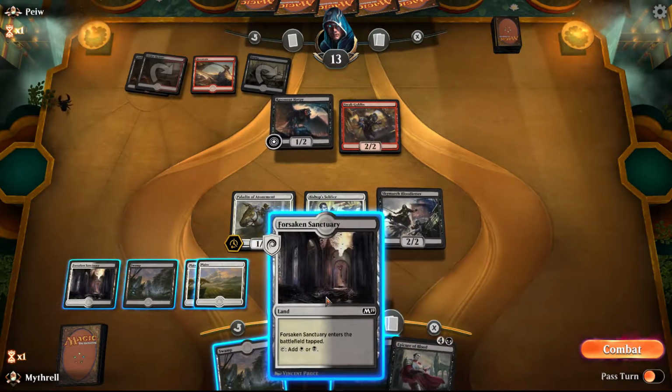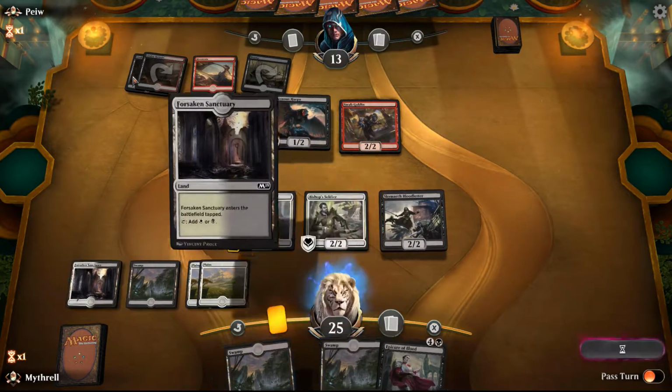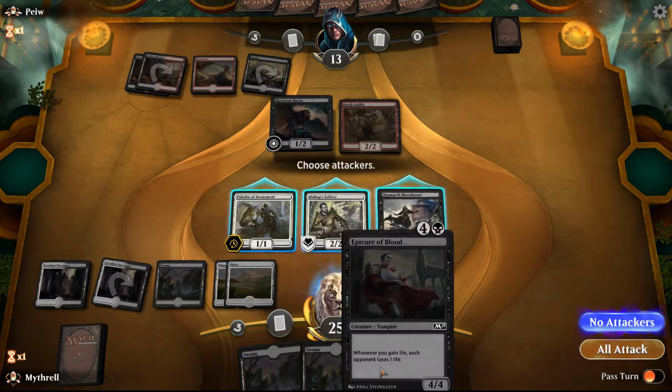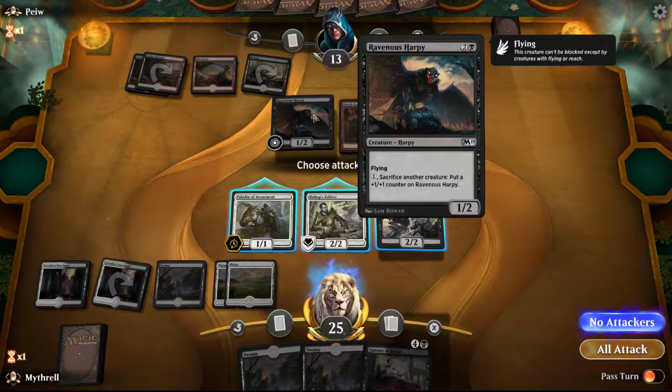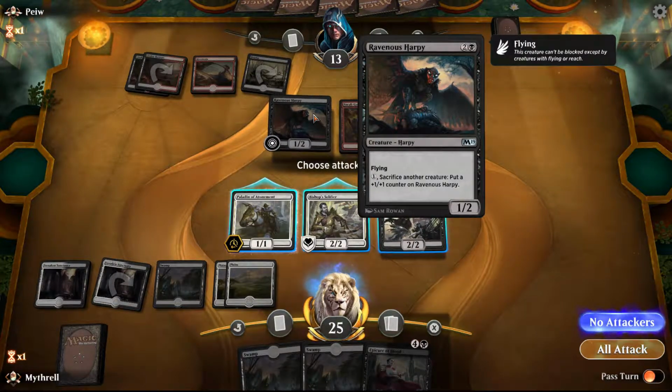It's probably a very terrible way to describe this. Well, anyway, let's just keep going. I should have played the swamp so I could have put this guy out. That was a mistake. Sacrifice another creature, so he could kill my flyer